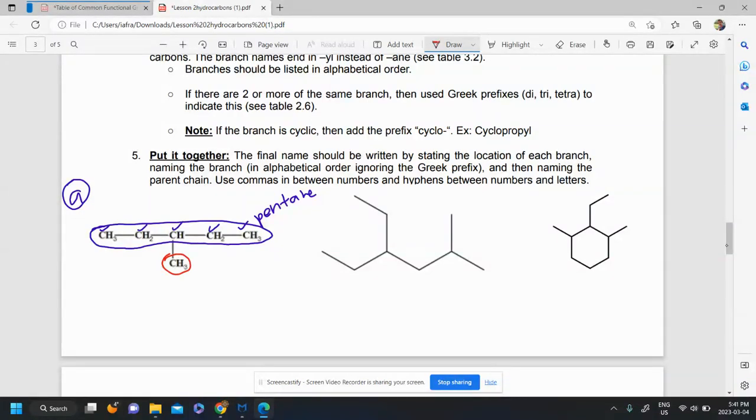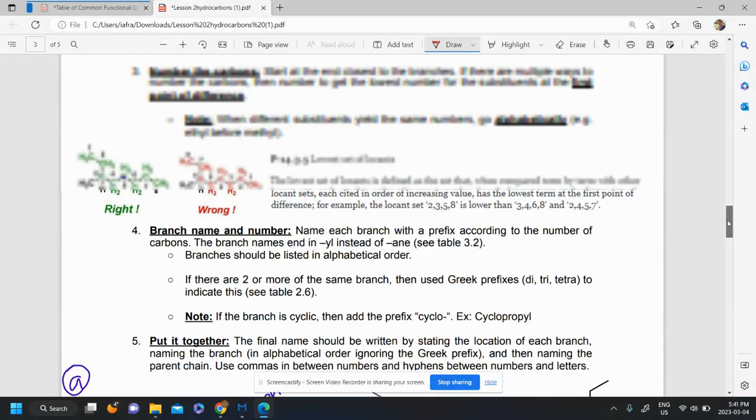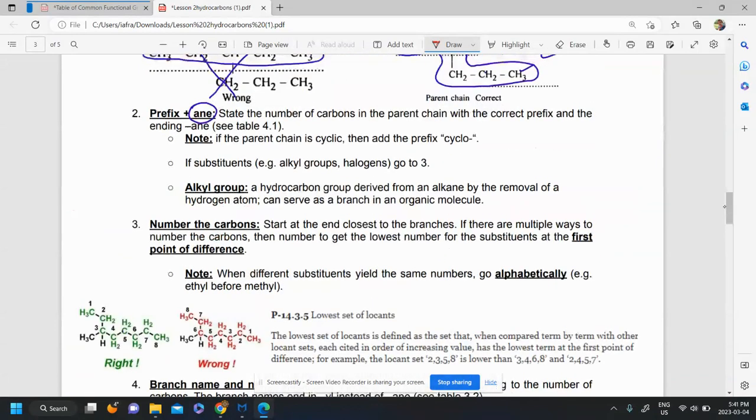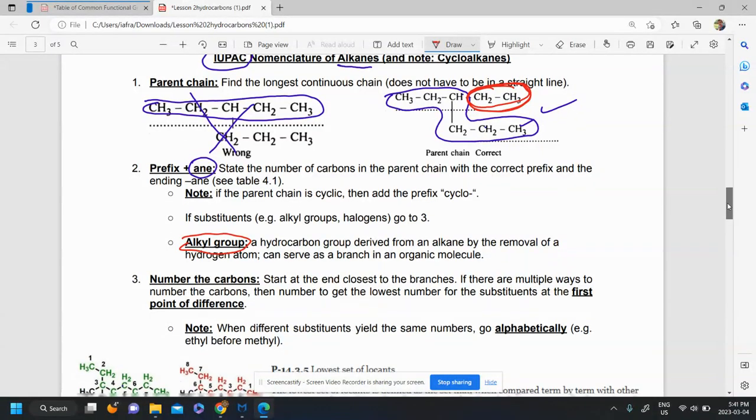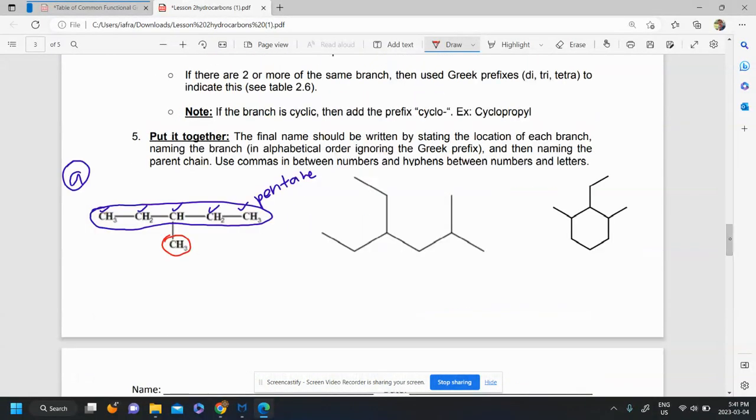You can have straight up just carbon branches. You can have branches of halogens. You can have different groups. If you have straight up carbon branches, the name for that is called an alkyl group. So for example, in this picture here, we have an alkyl group over here made up of 2 carbons. So it's a branch of 2 carbons. In our molecule we're naming, this is our alkyl group over here. We have a branch made up of 1 carbon. So we have to name this